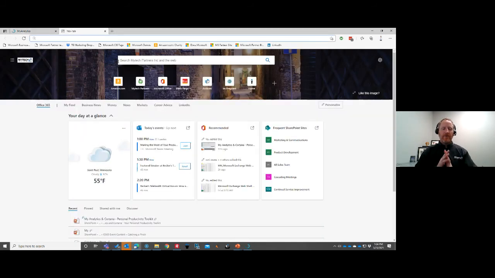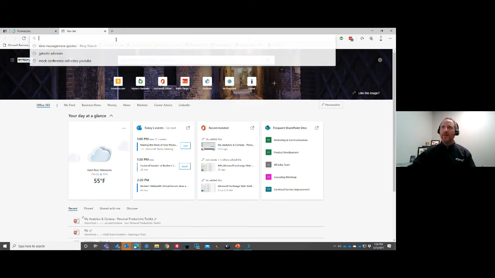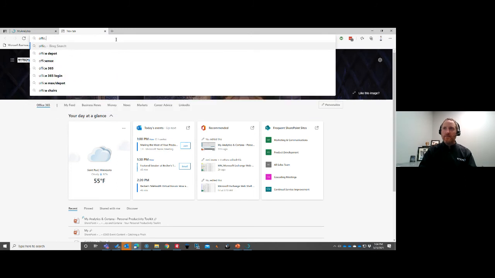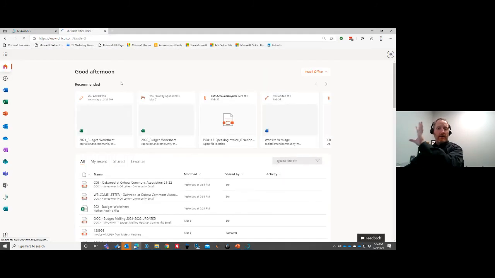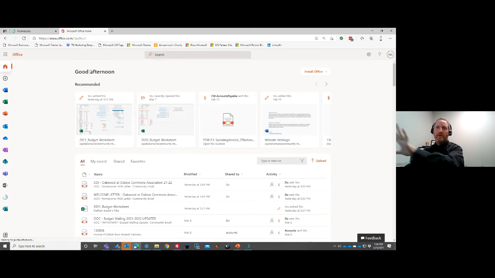Just opening up one of my favorite tools. If you're wondering if you have access to any Microsoft 365 tools, applications, etc., Office.com is the answer. Go to Office.com. Again, I've got it saved here, but you can just type it in, and it'll ask you to log in. Now ours is set to single sign-on, so it's already logging in, right?